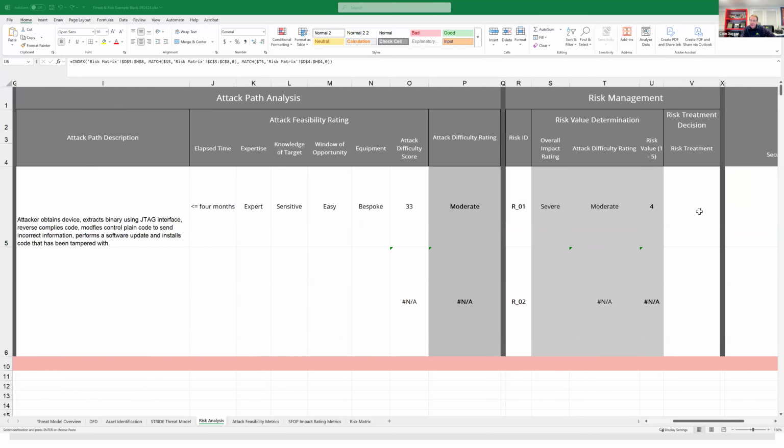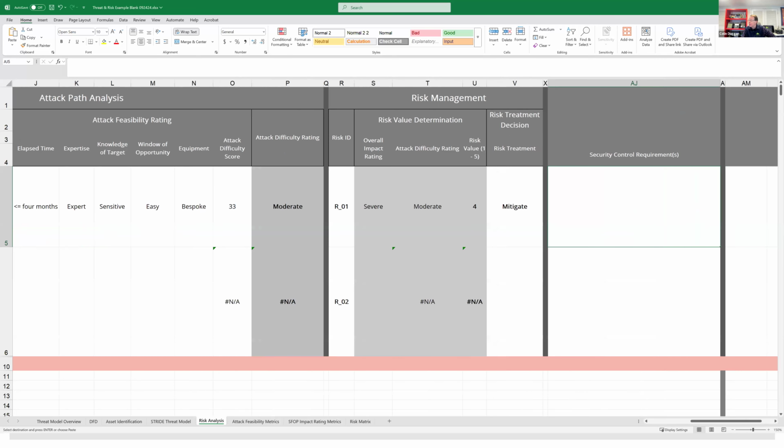That's second from the most severe risk. And like Milton talked about before, you can decide what to do about this, but this is something that we're going to have to mitigate. The risk is high. This is not something that can be transferred. So we're going to need some security controls to address this, and there's 2 that we came up with. One is an easy one to implement, which is,